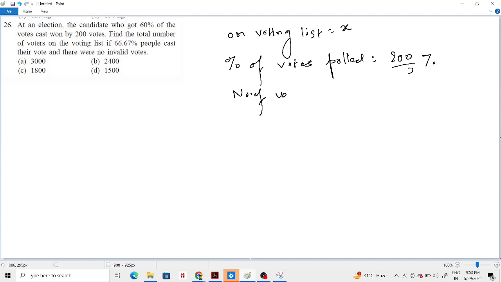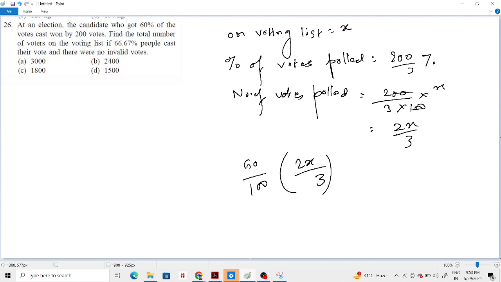So this is the number of votes polled. Now the winning candidate got 60% of this, okay, and won by 200 votes. So this is the number of votes he got plus